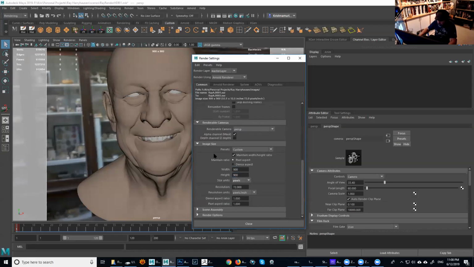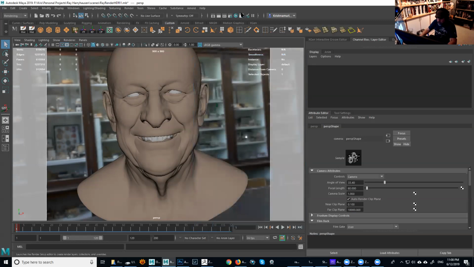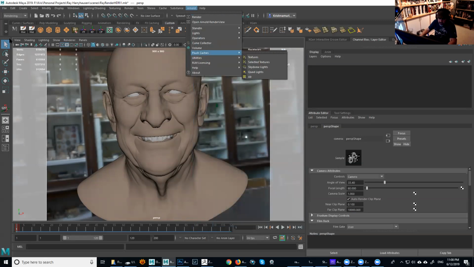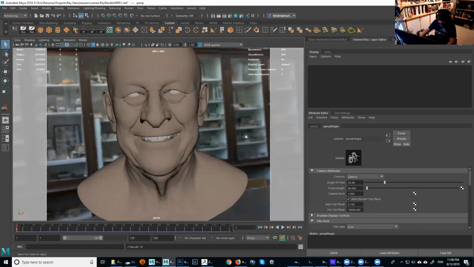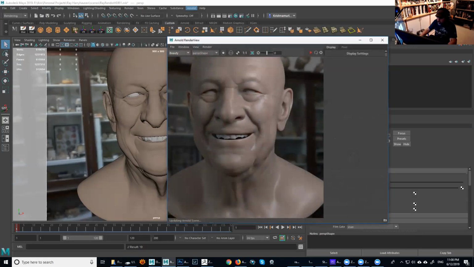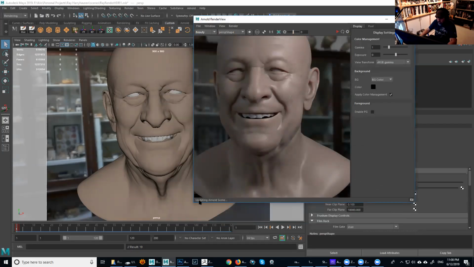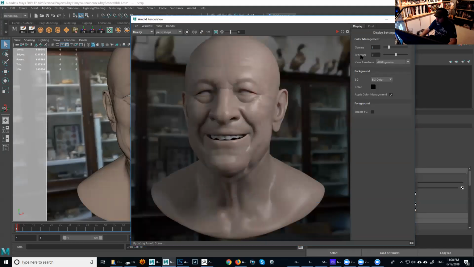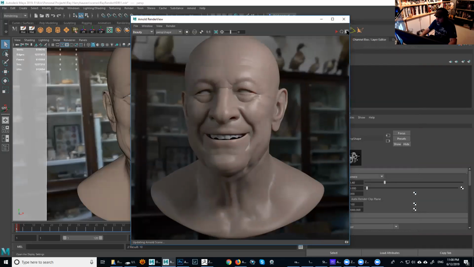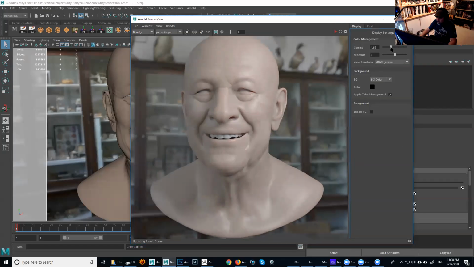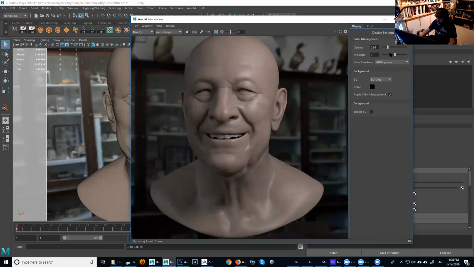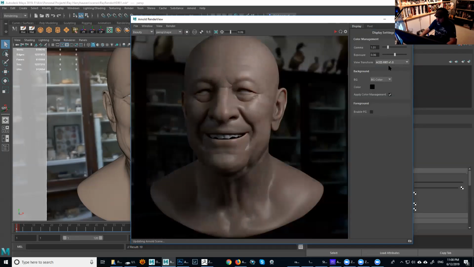Let's see, 900. Let's do another one with the actual Arnold here with this new camera, so I can compare. Let's do it, Arnold render view. And another thing that I started mentioning, but didn't go through too far, was this little tab in here, where you can color correct stuff. You can play around with the exposure, the color, the gamma, and then you have those presets in here as well that give you different results.